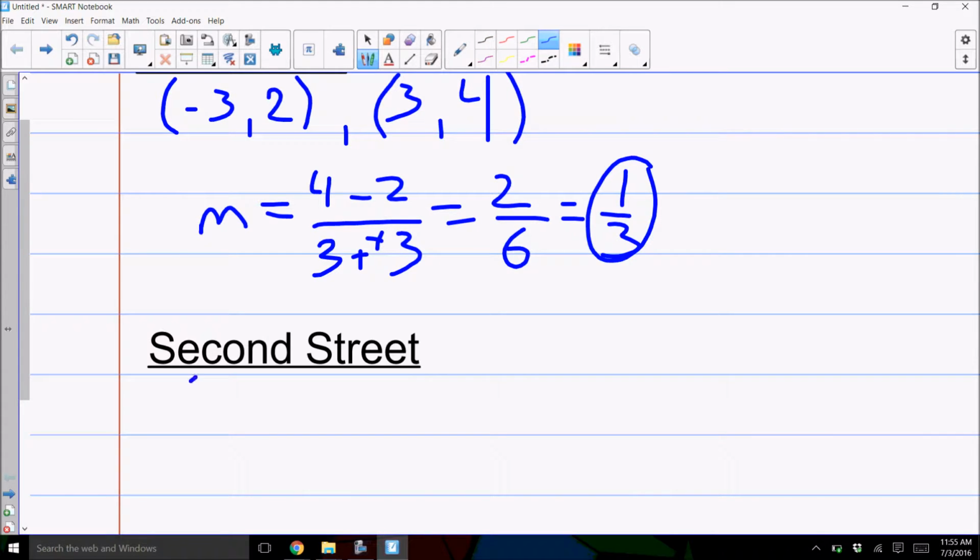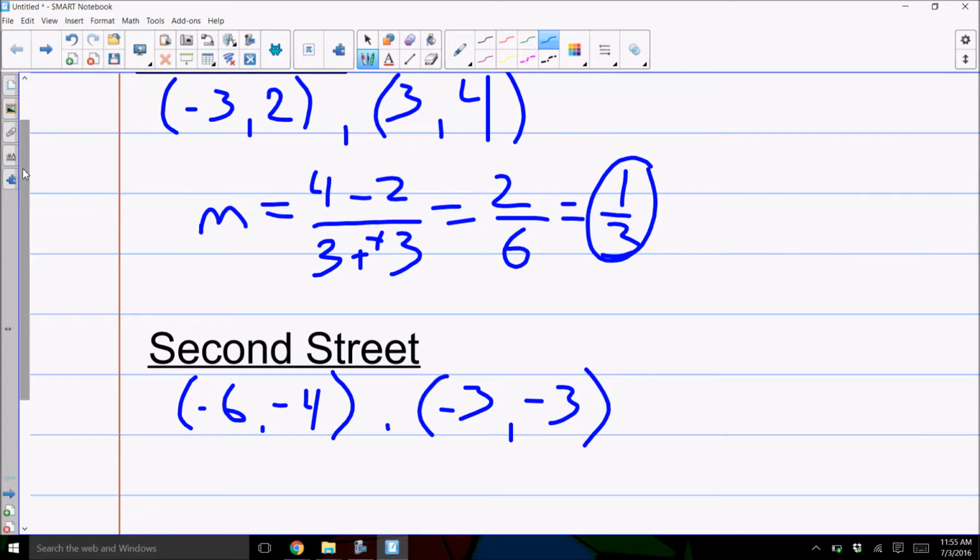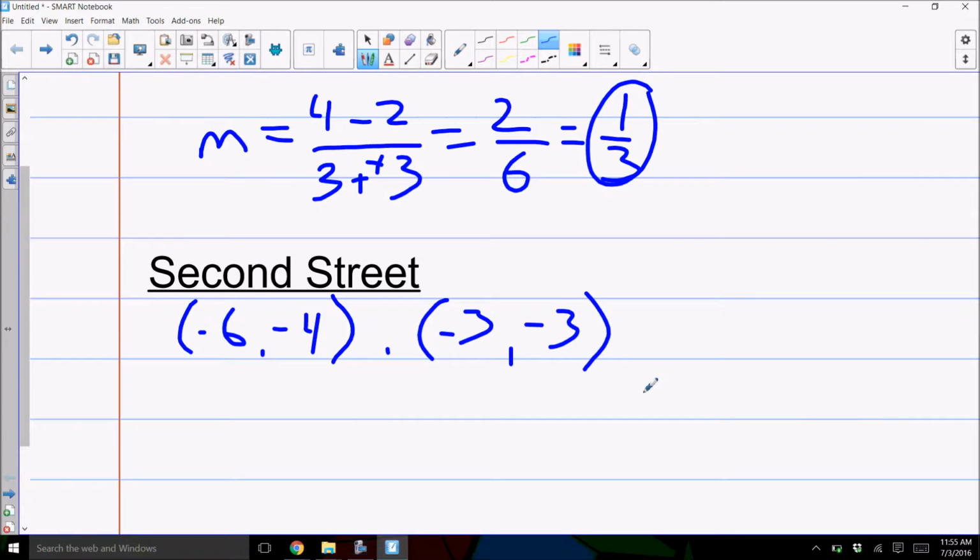-6, -4, and also went through the point -3, -3. And using these points, we want to justify that these 1st and 2nd Street are parallel based on their slope. So we're going to calculate the slope